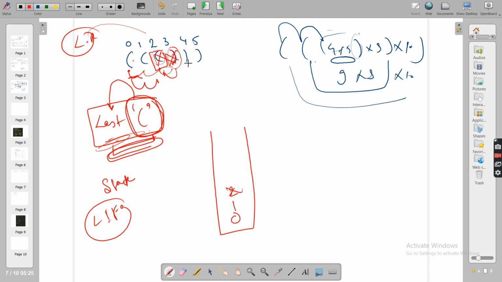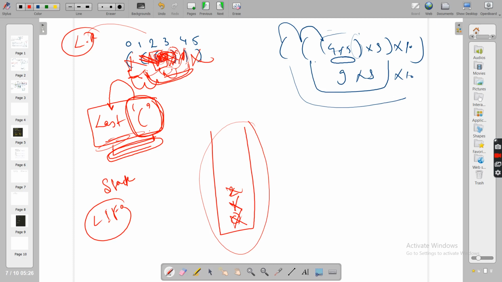Now you got a 4. 4 is a closing bracket. So 4 will be paired up with whom? When 2, this opening, was closed, these are paired. Now which is the last opening remaining before this closing 4? The last opening bracket which is remaining is index 1. So you'll remove this. So 4 is paired up with 1. Then for this 5, the last opening that is remaining is 0. So you will pair 5 with 0, and your stack is empty, which means you have paired every closing with every opening, and you're done with this.